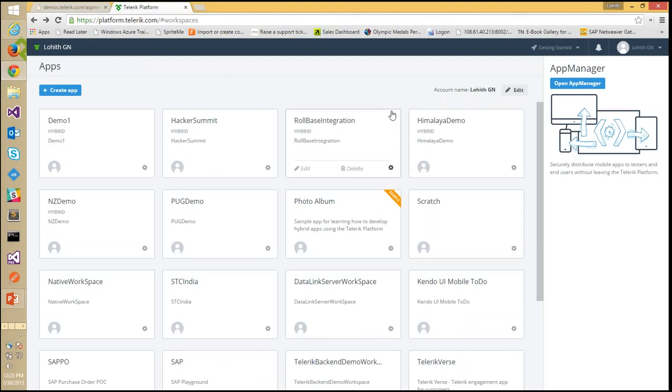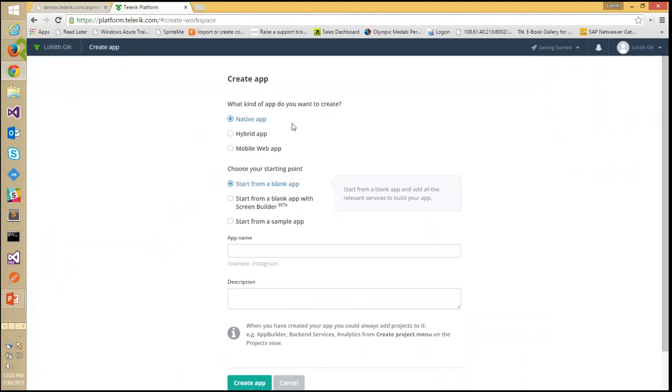So that's why it knows who I am. If you see here, it says Lohit GN. So I'm going to start by creating an application. As you can see here, in Telerik platform, we allow you to create 3 types of applications: native app, which